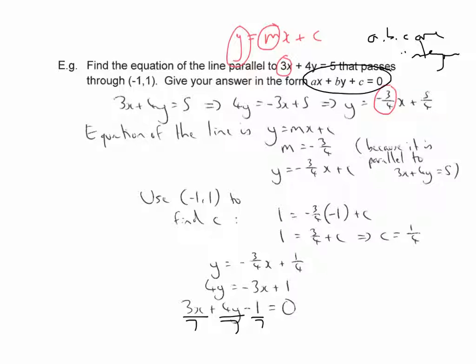The purpose of tidying it up like this format here is to have whole numbers. If they didn't say that, I think it would be fair to assume that when you see that there, a, b and c should be whole numbers. If you've got one awkward fraction left, just times through by the denominator to make sure everything is a whole number. So next example